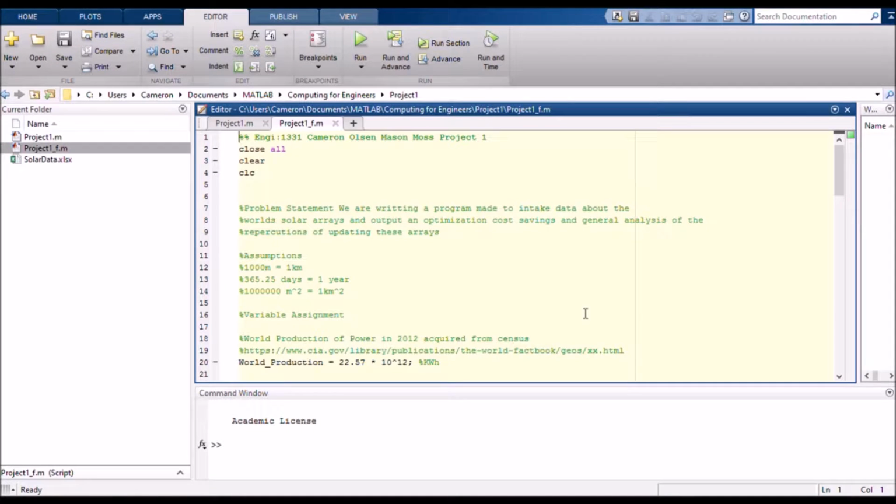So we decided to do solar power. Yeah, my name's Cameron, and our group decided the most useful thing we could use this data for was to figure out some additional data using the given ranges, like how much land could be saved, what percent this could make up of the global power, and